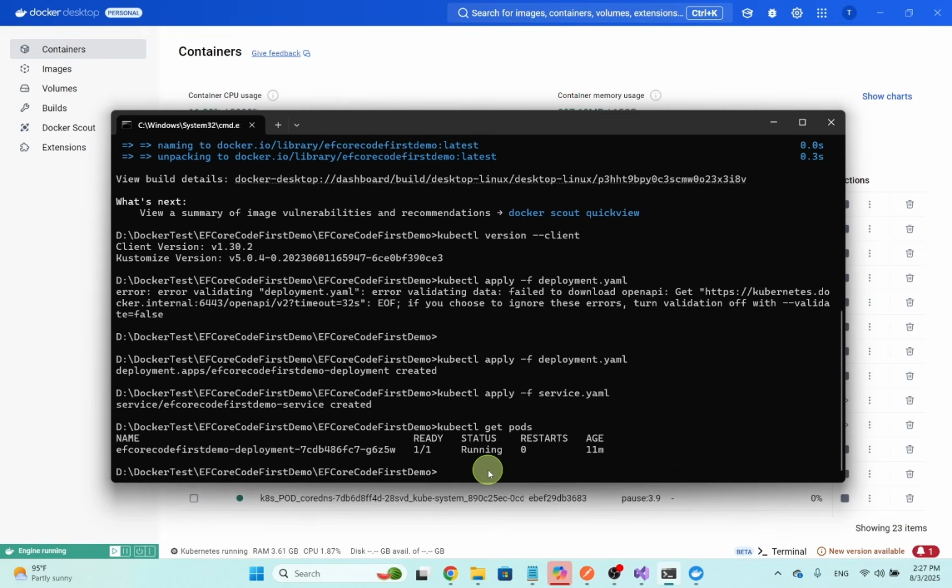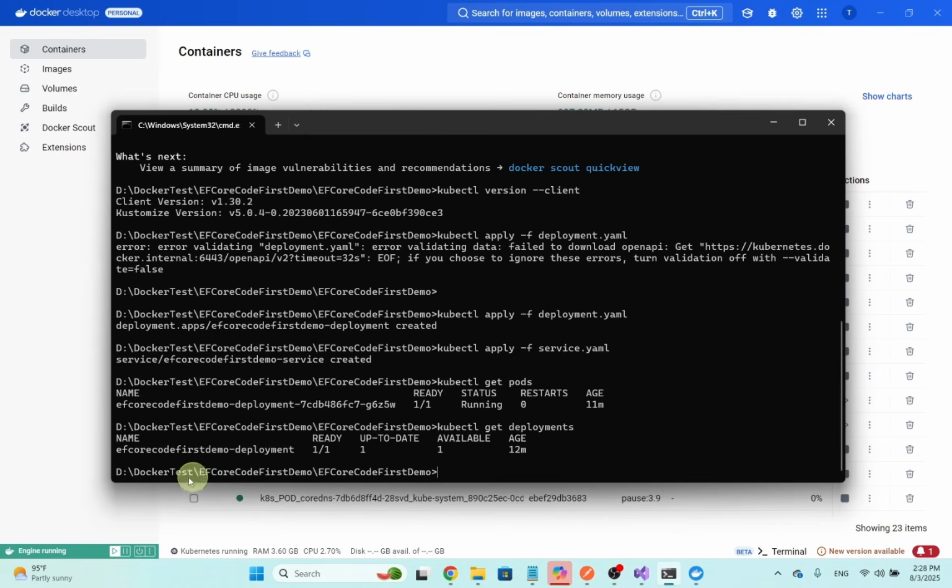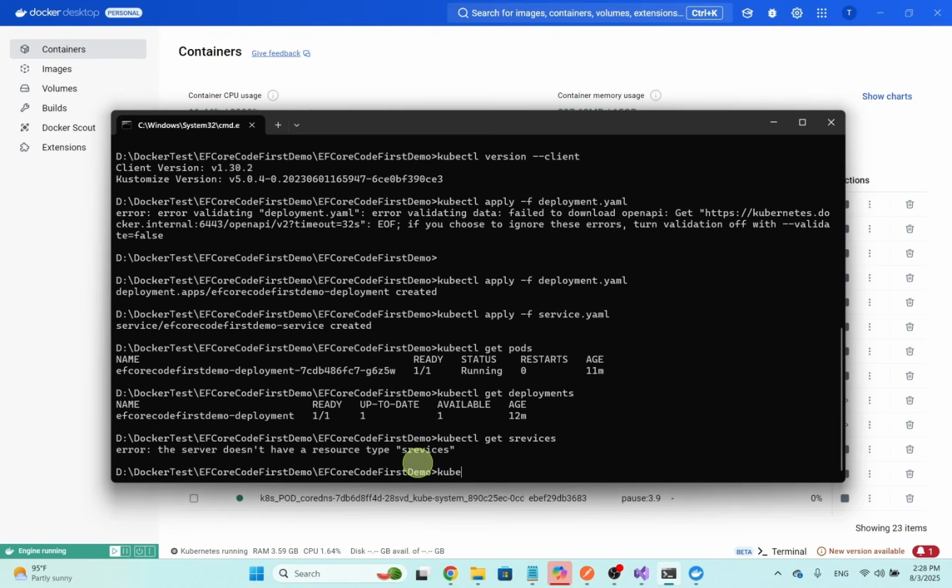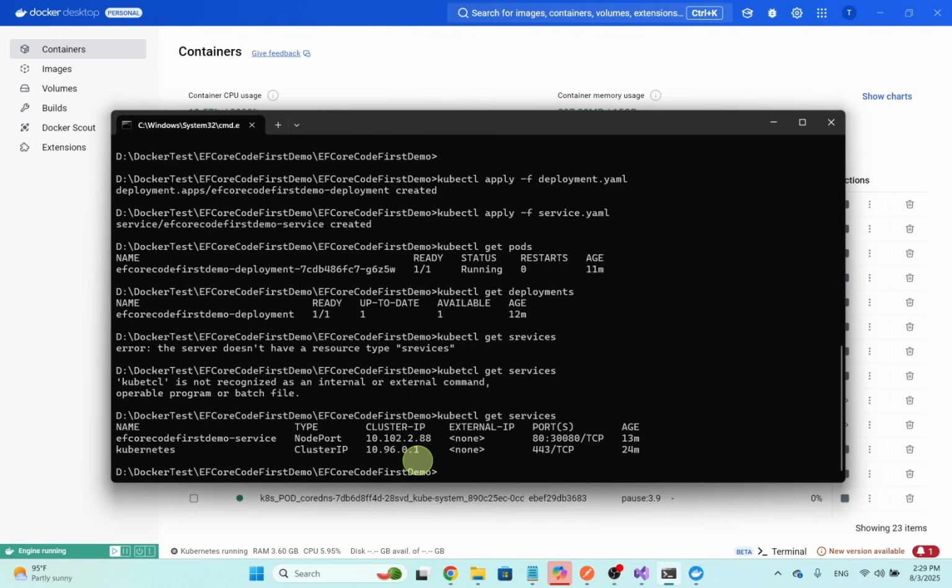When I give the command kubectl get deployment, we see our EF Core Code First demo deployment, and I give another command, kubectl get services. It shows the service which is running our .NET Core Web API application on node port 30080, right?